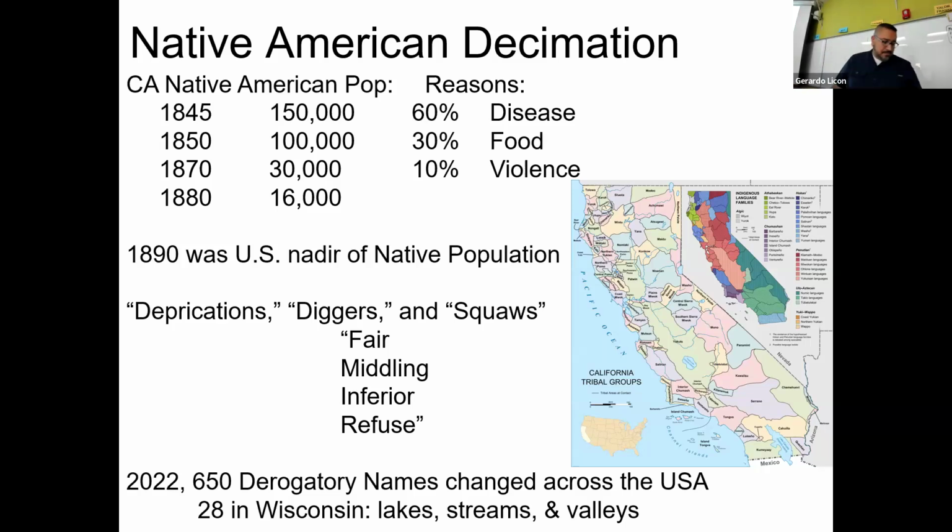And there was a study done where one researcher looked into this and found that just in one county in Northern California, there were hundreds of Native American women in these situations. The one source saw that in 1860, there were hundreds of white men who had Native American women living with them just in one county, hundreds.